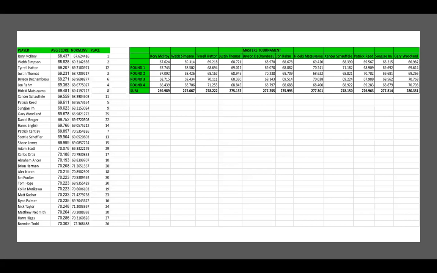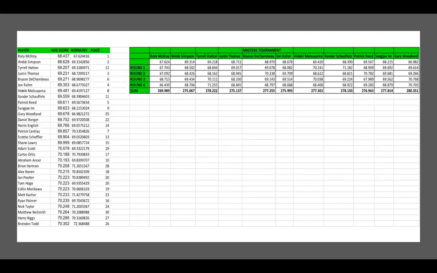and I used the norm inverse function to create a random variable for their scoring average. I did that for every player, and I put them in a tournament-style match where you have round 1, which would be Thursday, and then Friday, Saturday, and Sunday, and round 4 is Sunday, obviously. I used a data table to create that for the random variables there. And I summed up all their round totals.